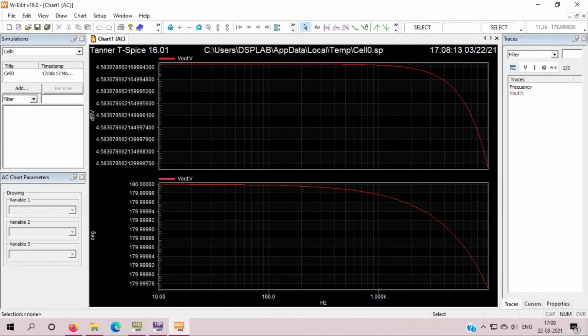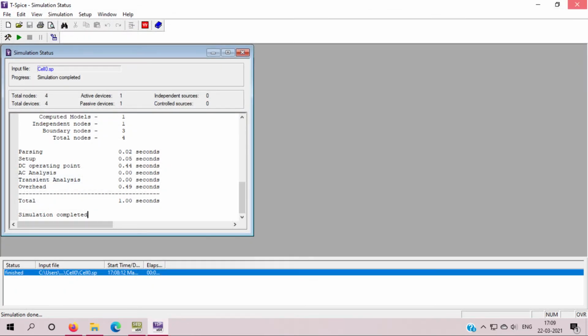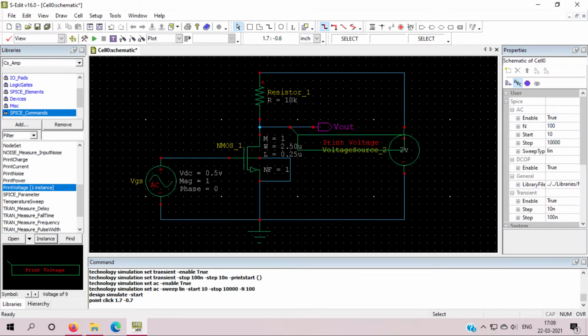Okay. So I think there is some mistake in here. I will check another time. Actually, this should be in minus. My gain magnitude should be in minus, because the common source amplifier is going to give 180-degree phase shift, as we have already seen here in our phasor diagram. So if we are giving positive, then it will give negative. So there is something wrong with, I think, the resistor. I will try to decrease its value.